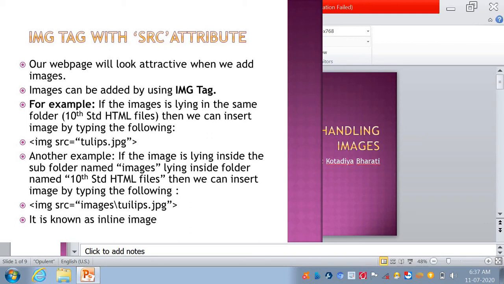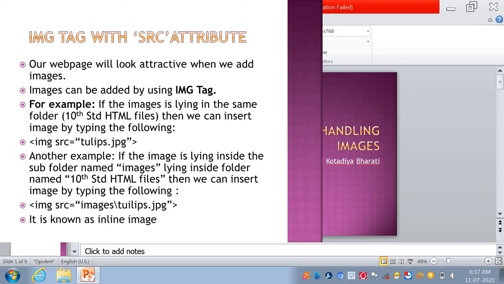So jpg is your picture format. It tells the browser where to find the image, and many times we use a URL as an image location.